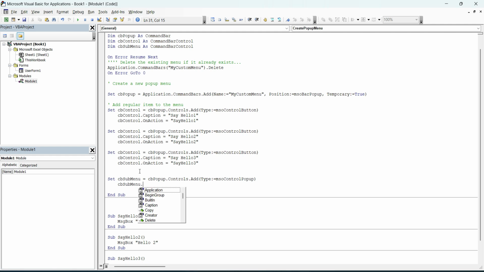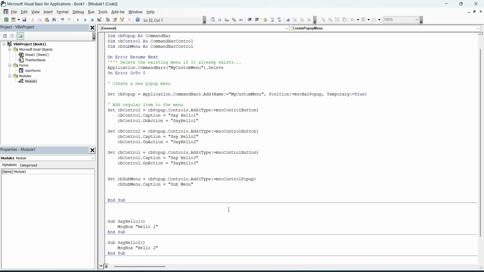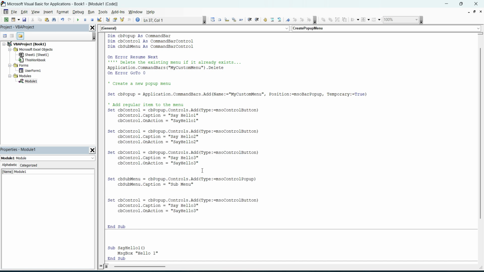Now let's add the caption as a submenu. Okay, now in the submenu we need to add our sub items. Let me copy from the previous one and paste it below, and let me change this from CB popup to submenu, and we are just going to rename the caption.